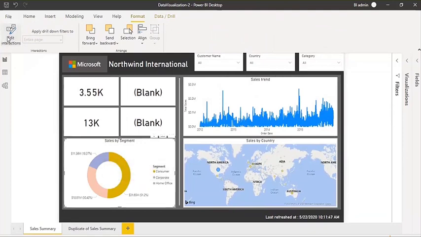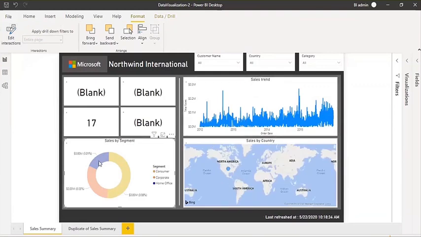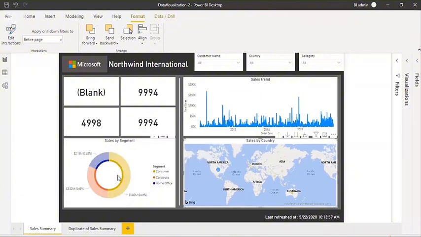For another example, let's say you select any value in your line chart, then you notice that data has been filtered. And vice versa, if you select anything in the map, then it is highlighting the data of this donut chart. So instead of highlight, I want to filter it.